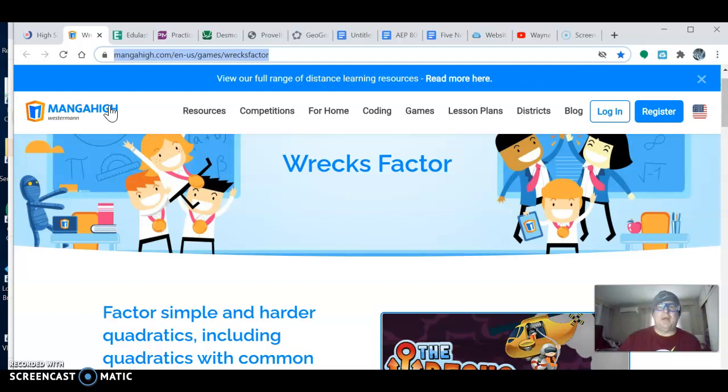So my second new technology or new website that I'm recommending is RexFactor, which is found in Mangahigh. The reason that I chose this particular source is because it has games on it. And we talked about in a previous discussion board how gaming can be very beneficial to students. It can keep them engaged. It works well in a blended learning situation, and it also can hone in on skills that they might need help on as well. Since I'm focusing on content area, which is math for me, and methods.